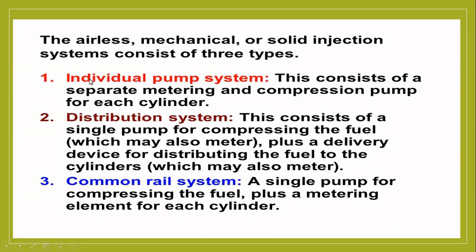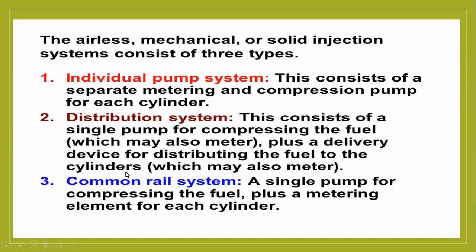The inline pump works as an individual pump system. The distributor system we call the distributor injector pump. The other one we'll call the common rail system. You will see the individual pump system consists of a separate metering and compression pump. In the inline pump, every pump has a piston and bore. The distributor system has one rotating element. It consists of a single pump for compressing the fuel, plus a delivery device for distributing the fuel